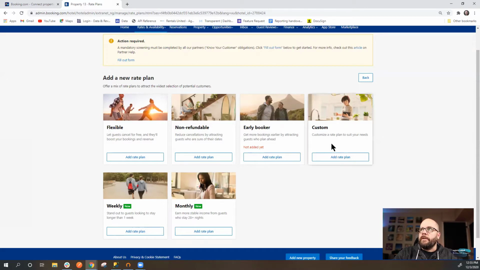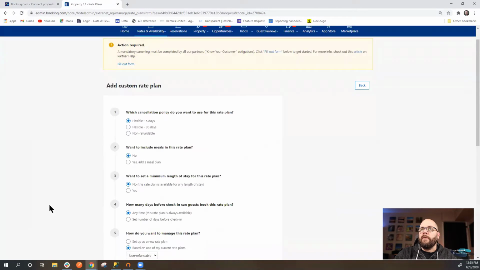So I'm going to quickly get in here to the custom rate plan. We're going to add a rate plan for the custom. So what we're going to do in here is we're going to just go through and pick some of these options they have for us. So which cancellation policy do you want to use for this rate plan? Now I want to point out that this is a very